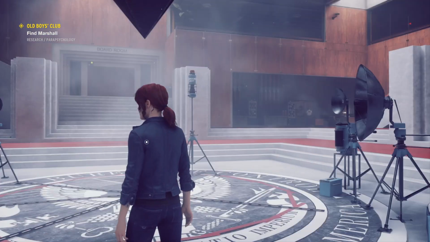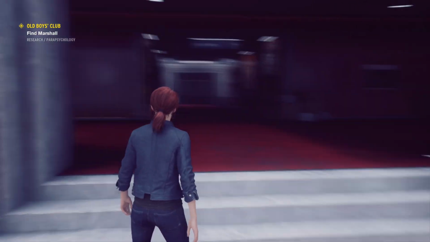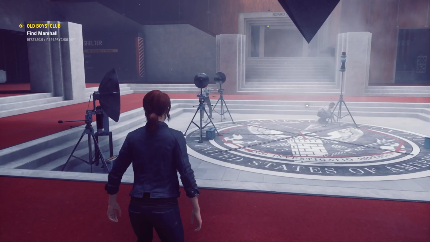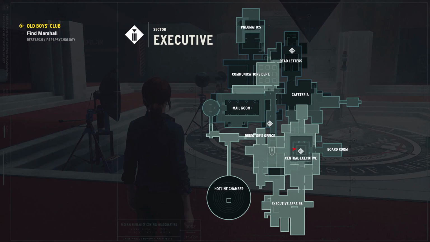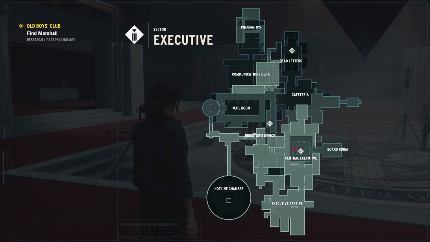Yeah, you better believe it, I can launch them all over the place. We're trying to find Marshall. Let's just have a very quick look at our map. Doesn't look like there's anything notably here. So what we might want to do...